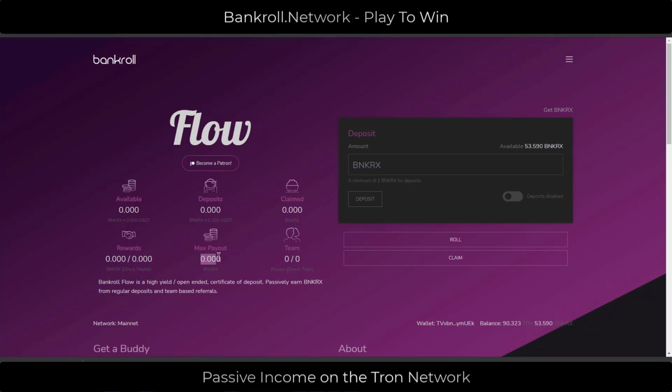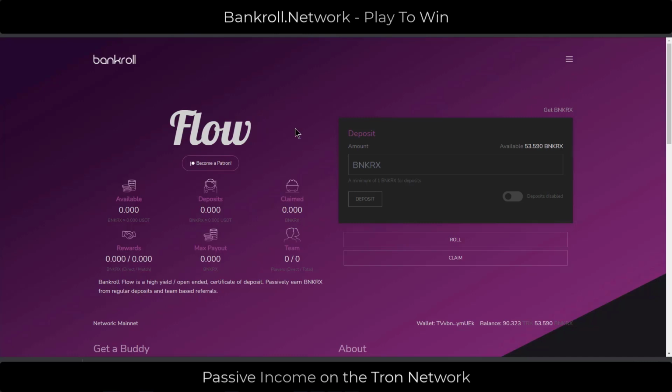And max payout is the maximum that the contract can drip interest back to you. Now, that's a really important concept we're going to talk about later, but the max payout is 365% of your total BankerX deposited. So people are like, well, what happens after 365%? Your rewards would stop dripping.